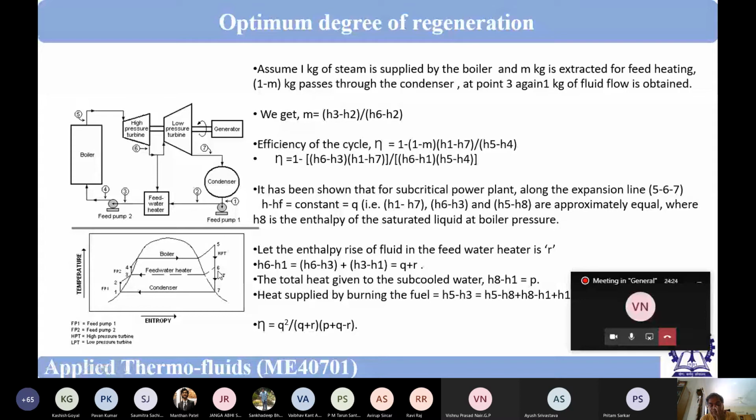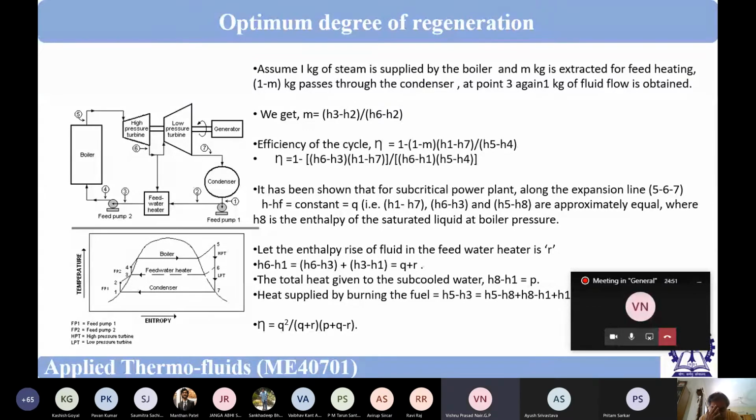So this will be giving some sort of an efficiency of a Carnot cycle, but work done will be very, very small. So that's why we do not do it. It is not possible also. We cannot use N number of feed water heaters, and that's why it is not possible. And it is not desirable because it will reduce your work done to a very great extent.